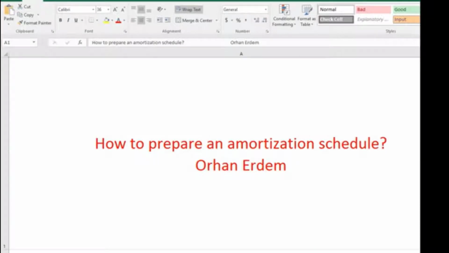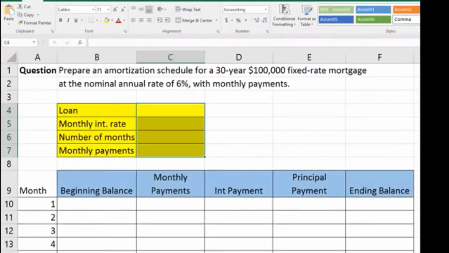In this video, I'm going to show you how to prepare an amortization schedule. An amortization schedule is a data table that you see here. It shows the process of paying off a loan. In general, it is used for mortgages. For each month, the data provides your loan balance, interest charges on your loan, and the amount of principal that